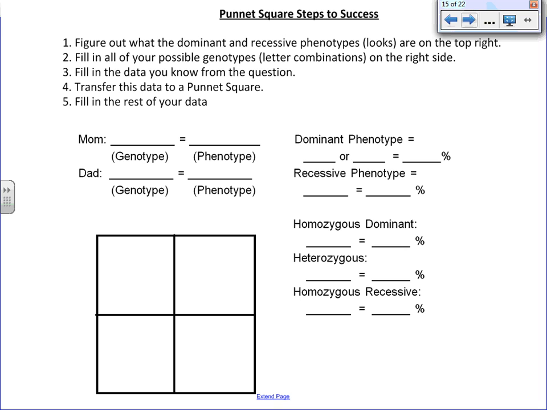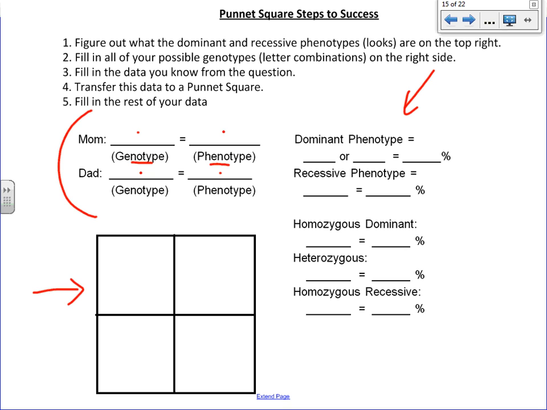situation. All right, a couple of the blanks that we see on here, on the side, we have information about mom and dad. We have the genotype, which is their 2-letter code, and the phenotype of what they look like. And you'll notice that we have that for both mom and for dad. All right. We have our Punnett Square over here, which we're going to use in a bit. We also have another section over here, all right, on this side that has to do with the different possibilities